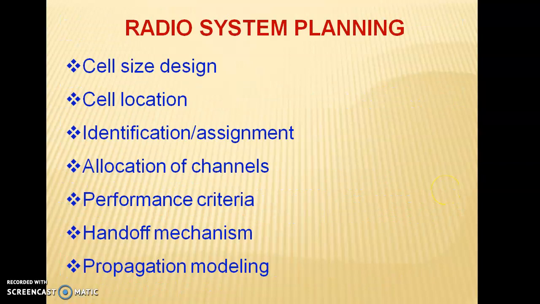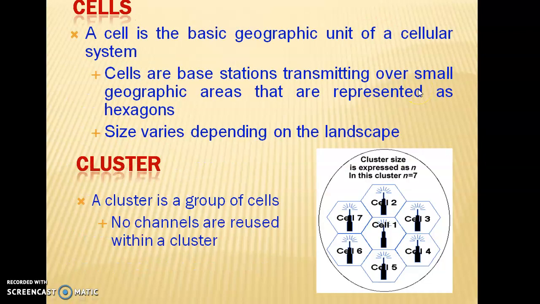Now, how do we plan these radio systems? There are certain parameters which need to be highlighted when we plan this radio system using the cellular approach. Those are cell size design, cell location, identification or assignment, allocation of channels, performance criteria, handoff mechanism, and propagation modeling. Now, starting with all those parameters, I just wanted to